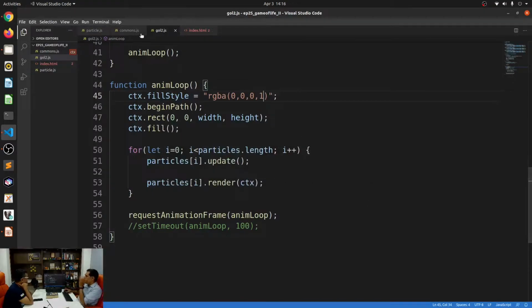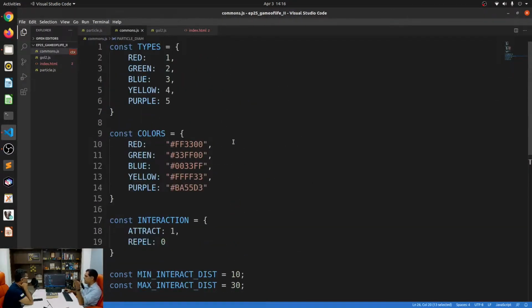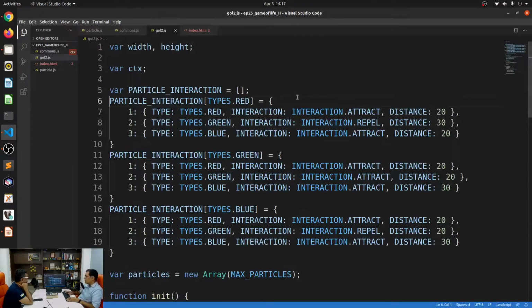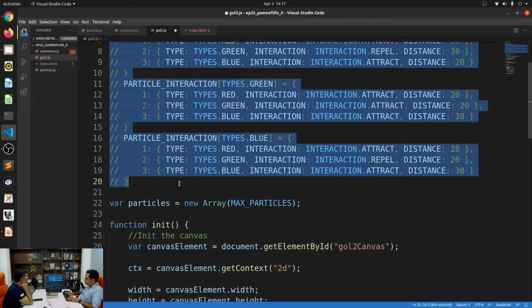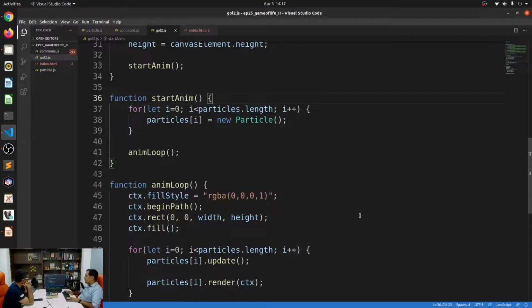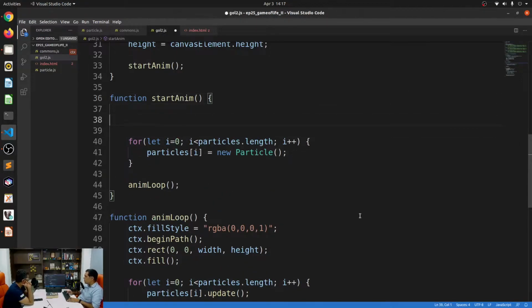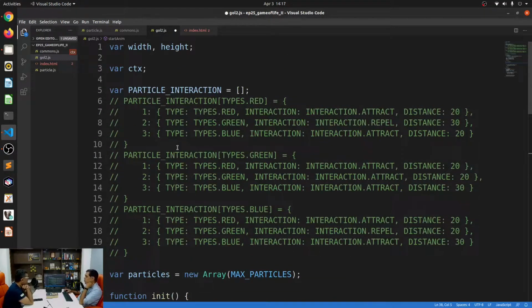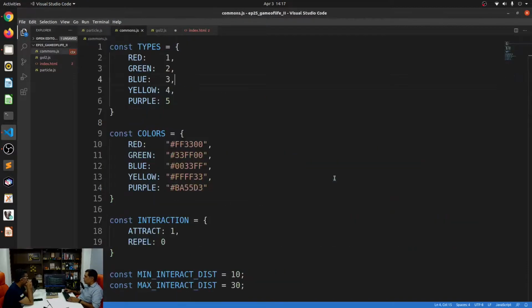In that, remember, we've defined 5 types of particles, but we're using only 3 right now. What we'll do is we'll just comment out this thing and we'll define this particle list completely randomly. Let's do that in the start animation. So we have defined the particles over here. Let's define the particles list. Now remember, there is 1, 2, 3, 4, 5. We need 5, and each one of those 5 should have 5 different types of interactions. Correct. So we'll need to have 2 loops. So let's just do that, right?